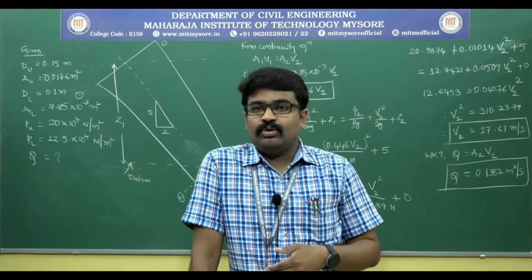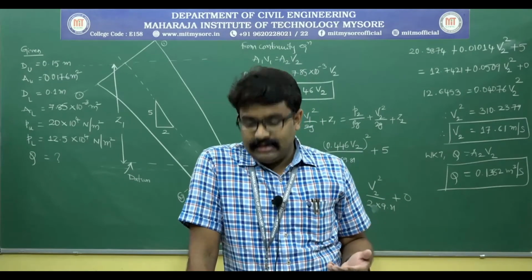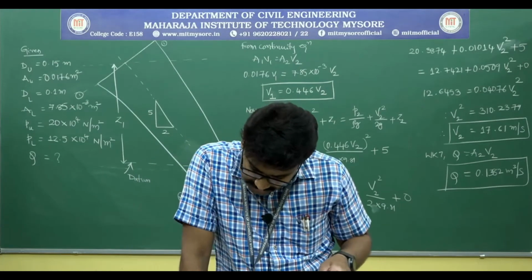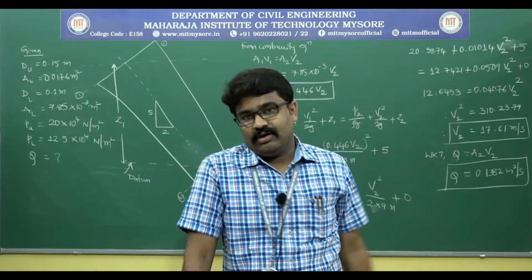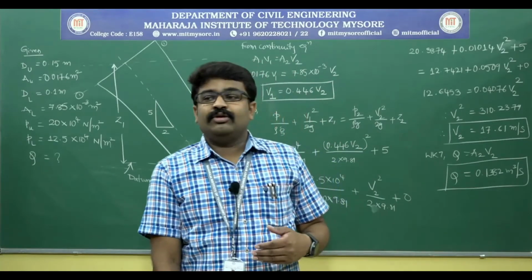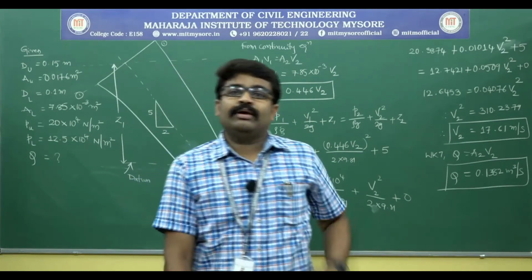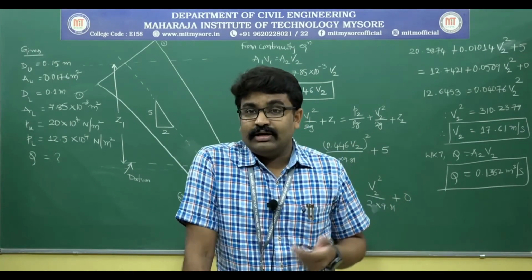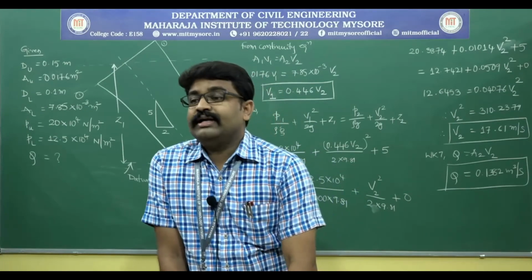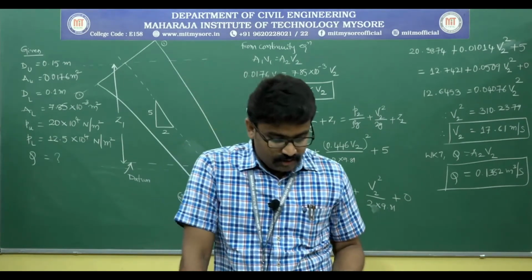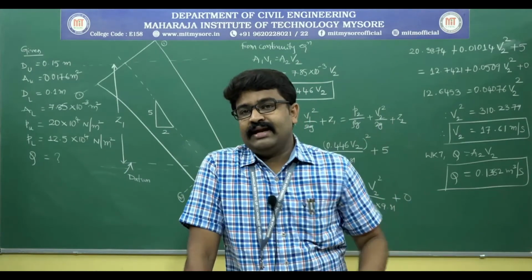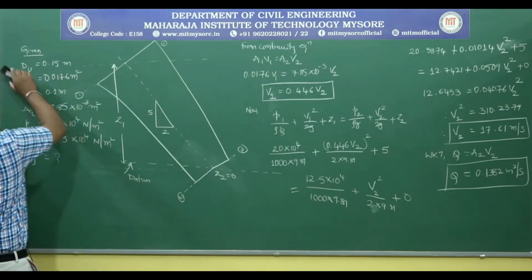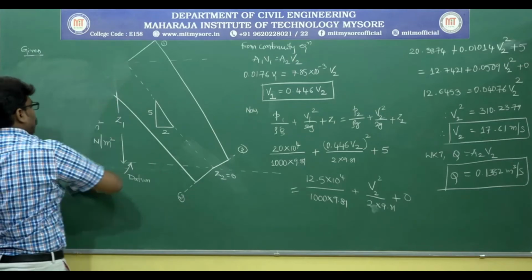Pressure at section 1 and section 2 are also given. Then what needs to be done? The discharge is also given. So what needs to be calculated is head loss. For the first time, you have been introduced to the concept of head loss in numerical problems, for which you will be using the modified Bernoulli's equation. What does modified Bernoulli's equation say? It includes the head loss. How does it include head loss? On the right hand side, you will have HL. I will show that. First I will draw a drawing that helps you to solve this problem.